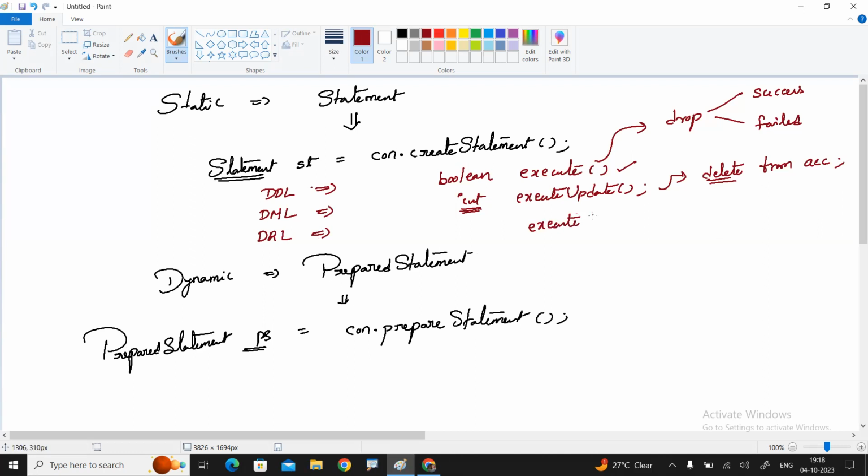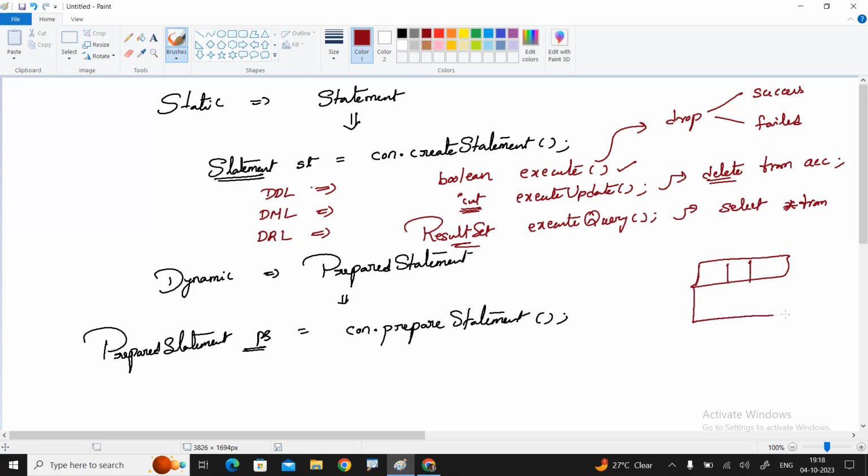The executeQuery method is there. Suppose select star from account, all records will come. Very important: return type is a ResultSet object. Either a single record or a table of records will come and be stored into the ResultSet object.